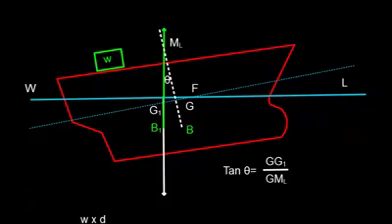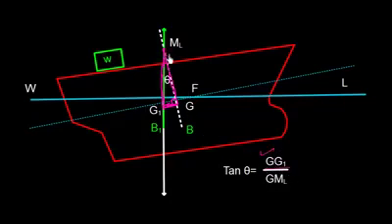Well, we also note something very interesting here, that tan theta is equal to GG1 by GML, and this is if we consider this triangle. So let me mark this triangle. G to G1 is going to be like this, and this is angle 90 degree. And this triangle is, let me just mark here, G to G1 like this, and this one. So this is the triangle, and in this triangle we have the relationship